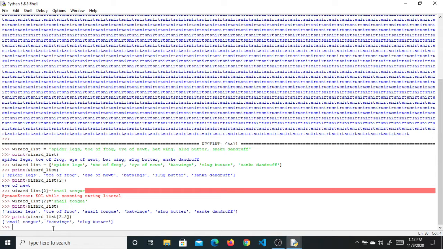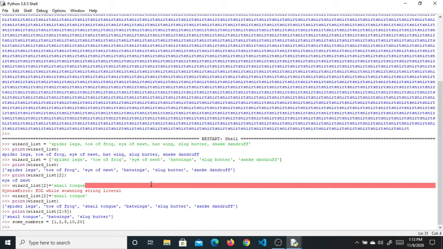Writing this is the same as saying show the items from index position 2 up to index position 5, or in other words, items 2, 3, and 4. Lists can be used to store all sorts of items, like numbers. So we say some_numbers equals open square bracket 1, comma 2, comma 3, comma 5, comma 10, comma 20, and then close square bracket. Oh, my bad, guys. Close square bracket. And then when we hit enter, it says